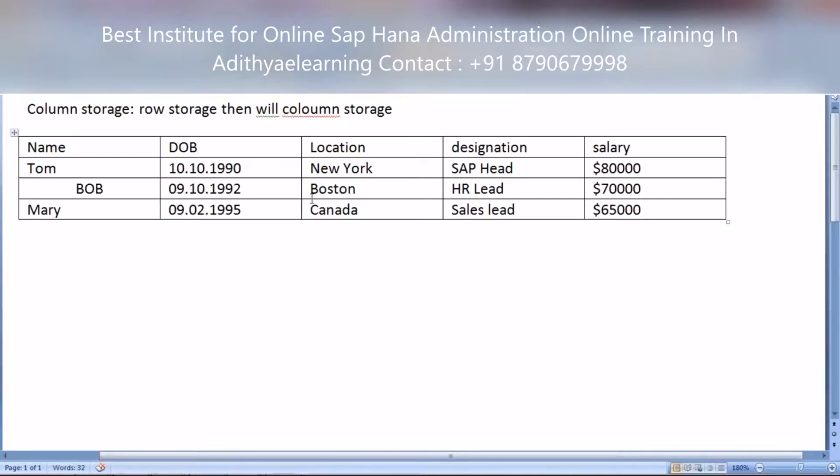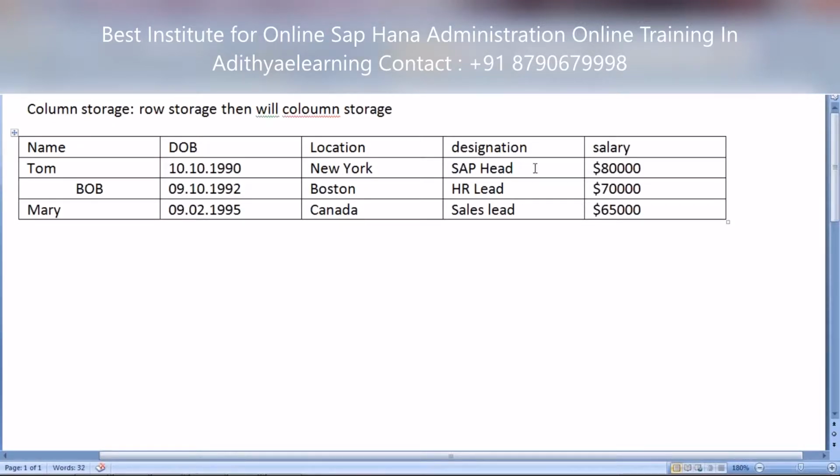Now we have to fetch all records row wise. What happens if you query select star from users where date of birth is more than 1990? It will select all records in 1990, 92, 1995. Then we exclude location Newark, we don't want Newark location, so it will exclude one record and go with only 2 records, Boston and Canada.